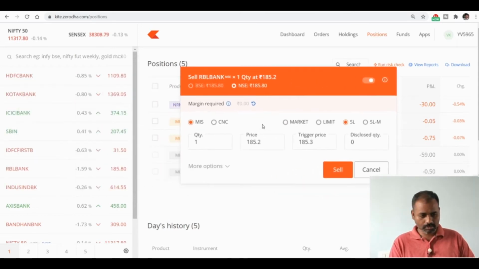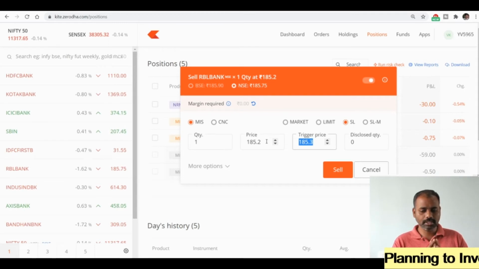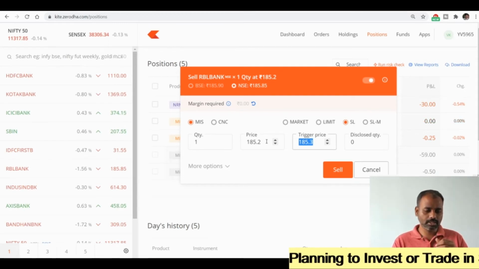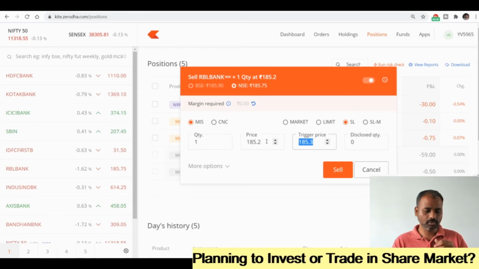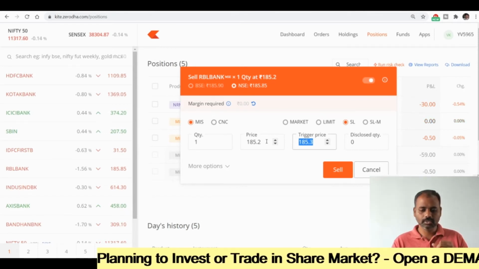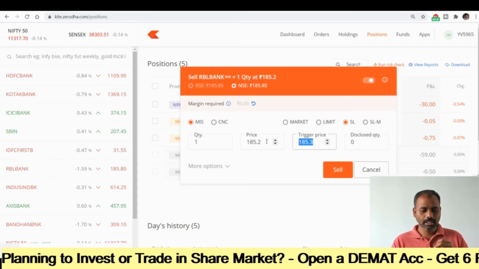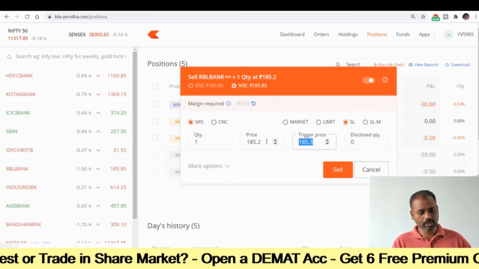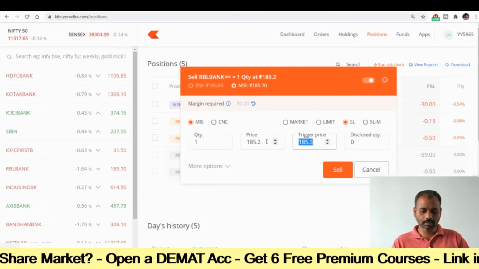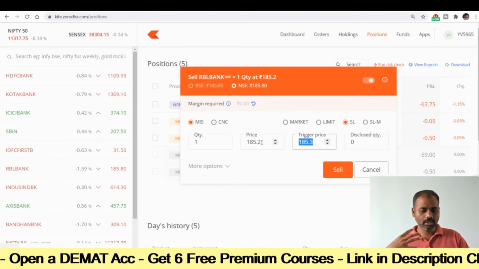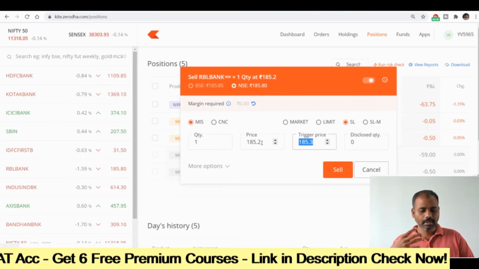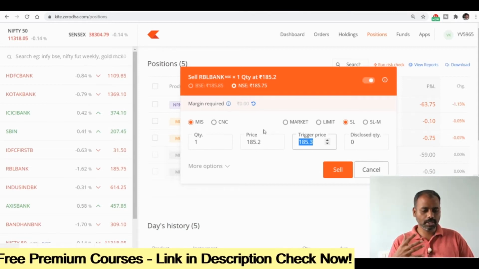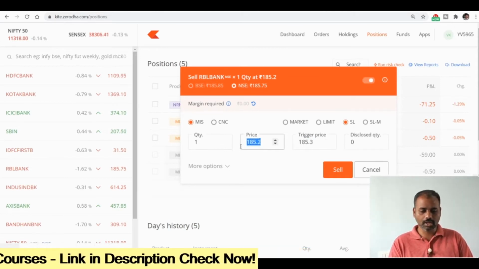Now we were seeing the limit order. This always tries to sell at more than 185.2 when the trigger 185.3 is activated. The disadvantage here is, suppose the price suddenly falls below 185.2, your order will always be pending. You will keep incurring losses. So it is always advisable to keep SLM. Rarely it happens that the price will suddenly go below, if some crash or something happens. Because of that I was saying so. It will try to sell within this range, 185.2 and greater than that. It will never sell below 185.2.